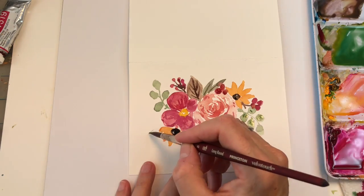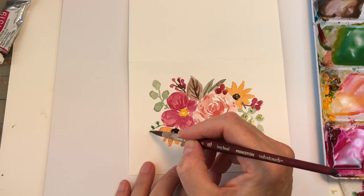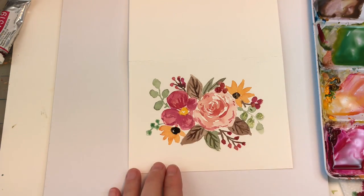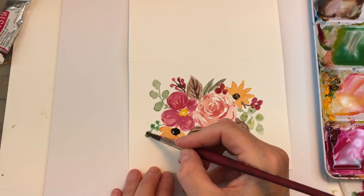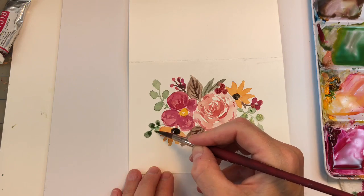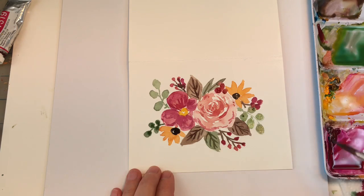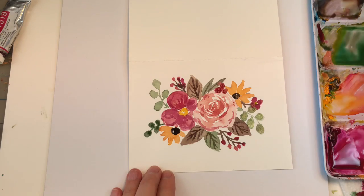If you want to do another one, just a teeny weeny one coming out here, I might do another little teeny one. Just like I feel like there was something that needed to go on that side. And then make it a little darker. Go over that one again. You keep playing around with it and add the yellow to this. And then I'm going to add the darker